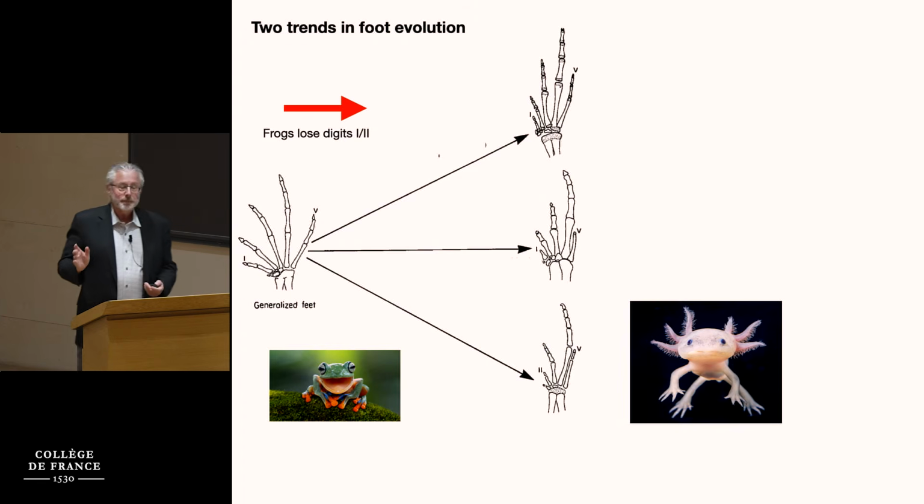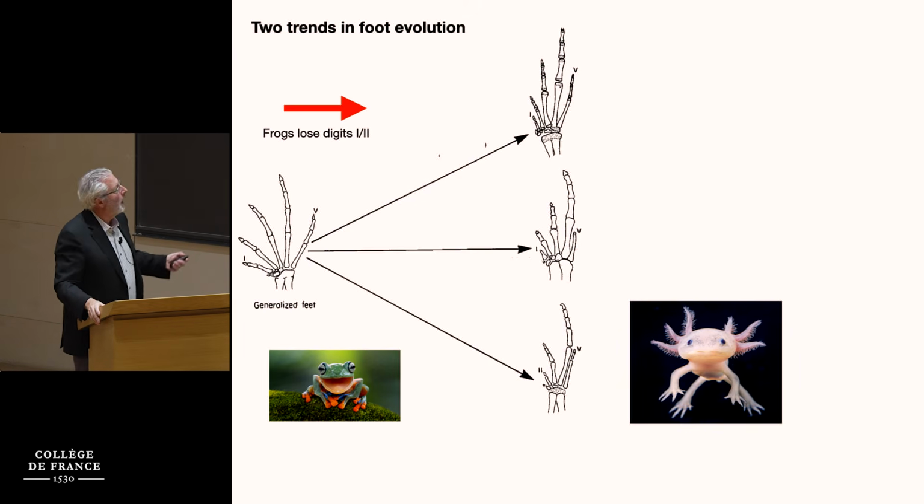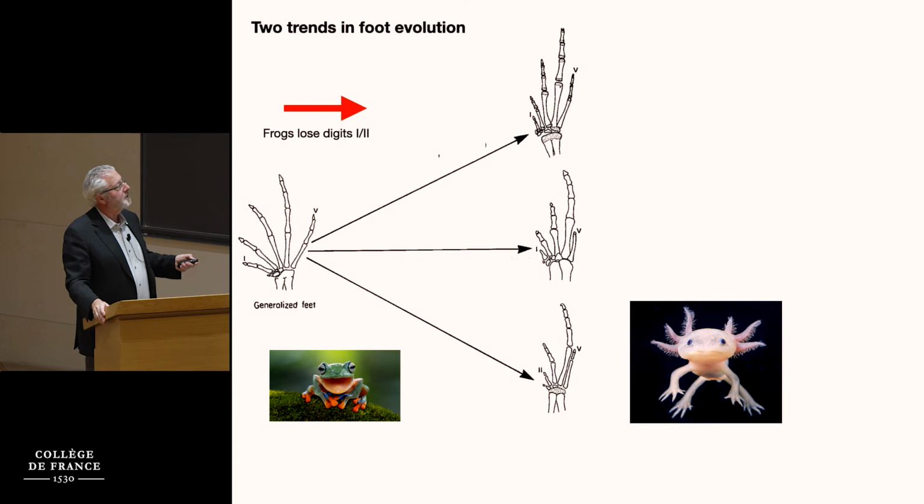Let's take frogs. One way frogs typically evolve their feet and their hands is they lose digits. Digital reduction is a big trend in the evolution of frogs, their feet and their hands. And here's a generalized frog foot. There's a generalized frog foot with 5 digits. And you'll see, if you look at more derived feet of frogs, they tend to lose